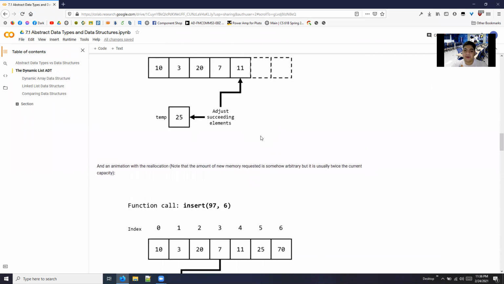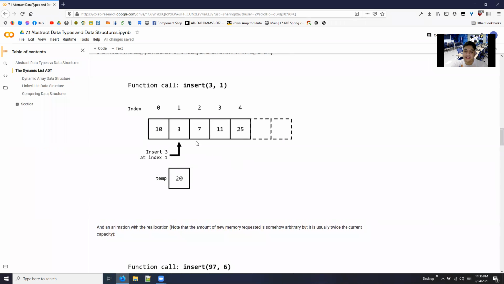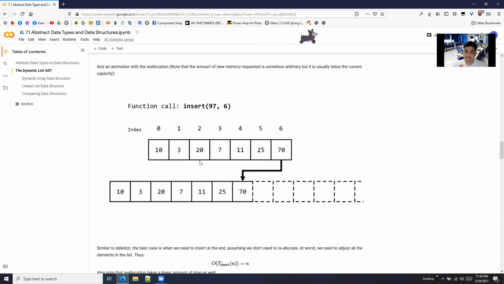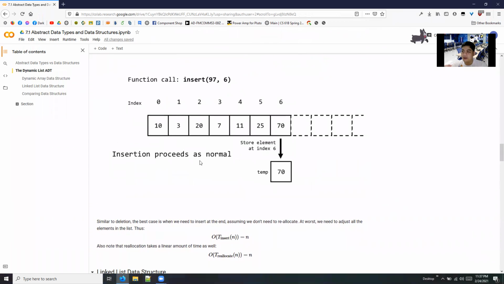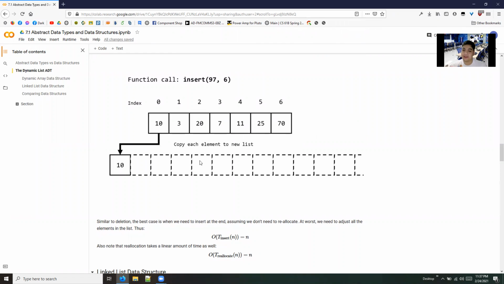Now, for both cases, when inserting without reallocation, our worst case is when inserting at the start because we need to shift all elements to the right. For when we do need reallocation, it depends on how long the computer will need in order for it to give you new memory space.